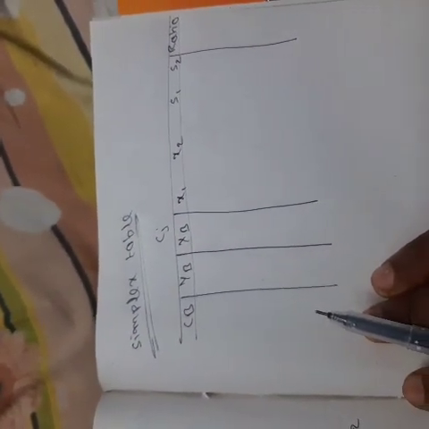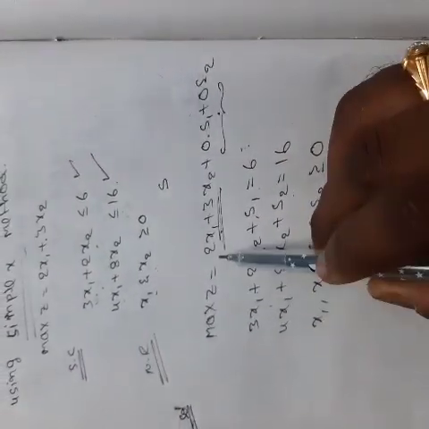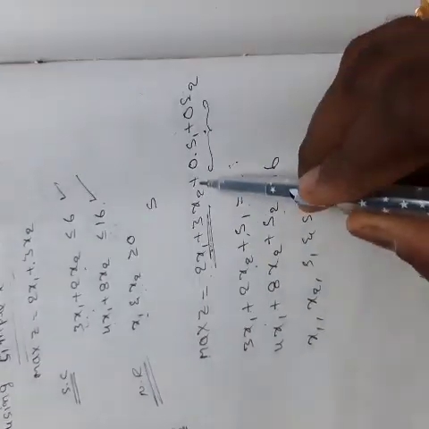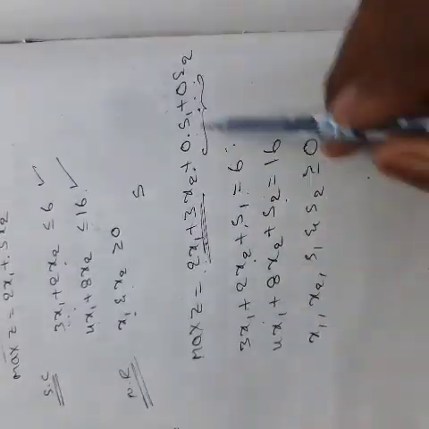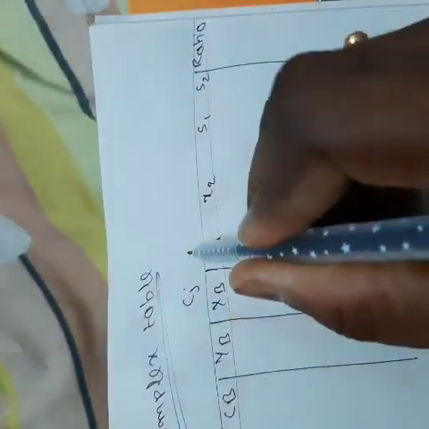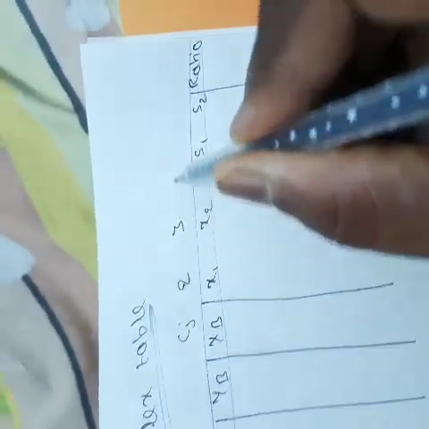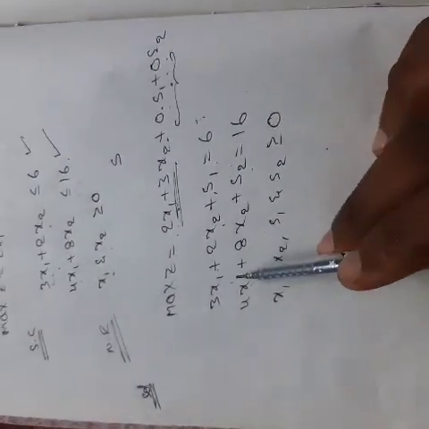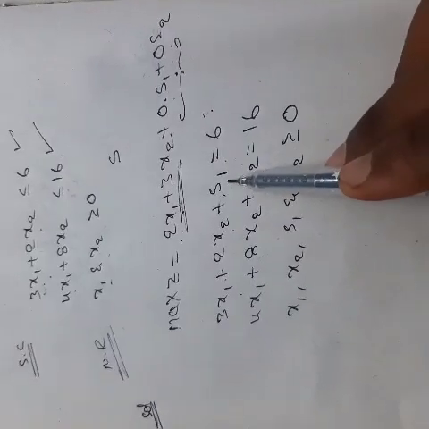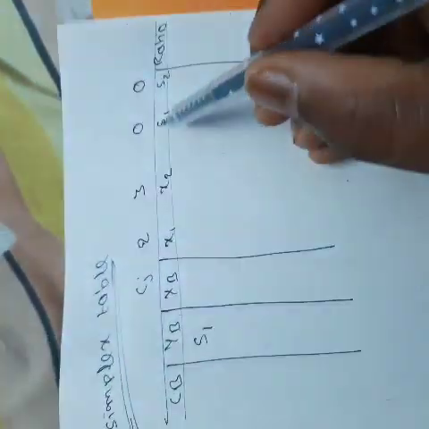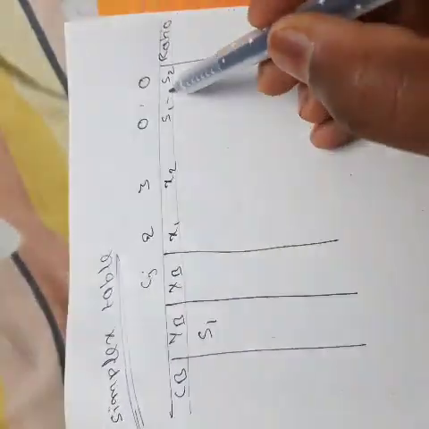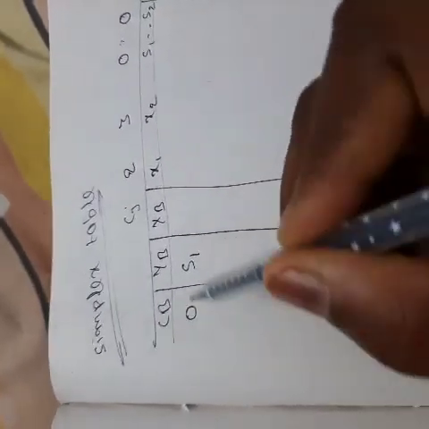Now you have to substitute the given constraints in this table. First of all, we will substitute the objective function, maximum z. The coefficient of x1 is 2, the coefficient of x2 is 3, the coefficient of s1 is 0, the coefficient of s2 is 0. Remember the coefficients. Next is the subject to constraints. In the first equation we'll add s1, so in YB you have to add s1, and the s1 cost, Cj meaning cost, is 0.